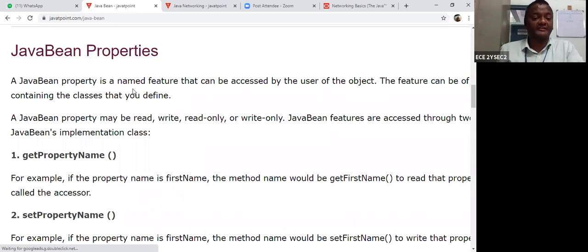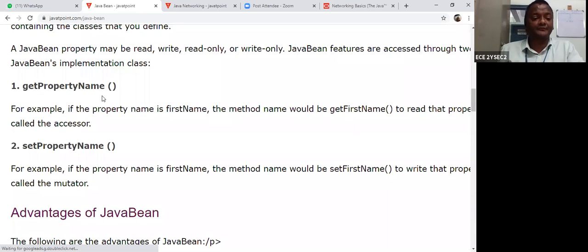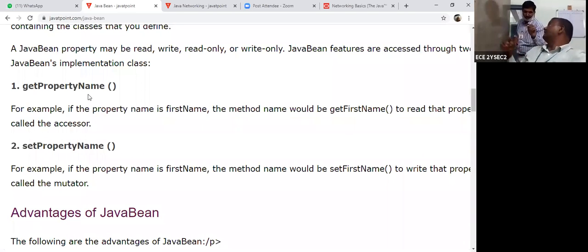Next, this is called a Java bean property. So next, getPropertyName. That property may be the variables. Let us take the properties: first name, so getFirstName. Suppose ID number, getID. Date of joining, getDate. So these are all called properties, and this is called a setter. Then whatever you set here, you can retrieve using the getter name.